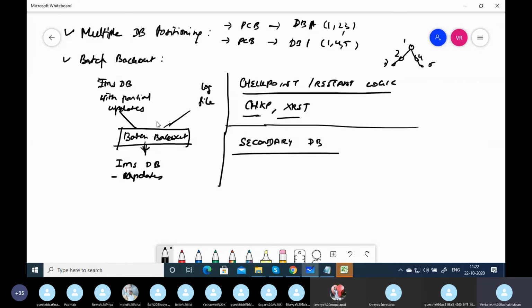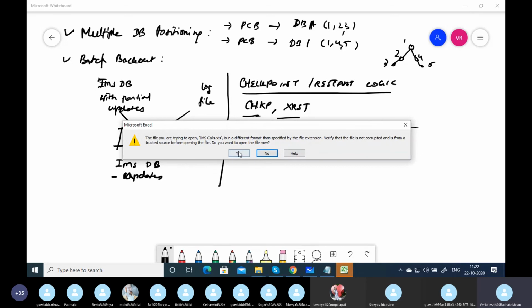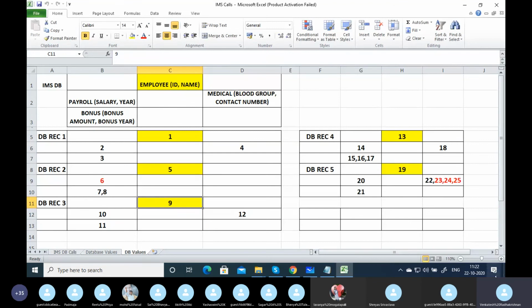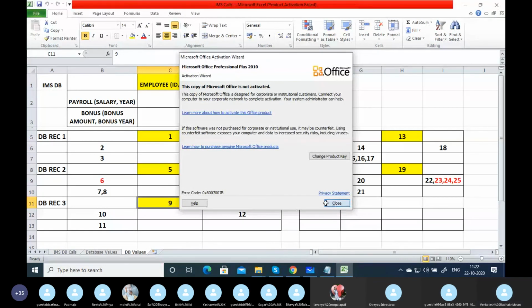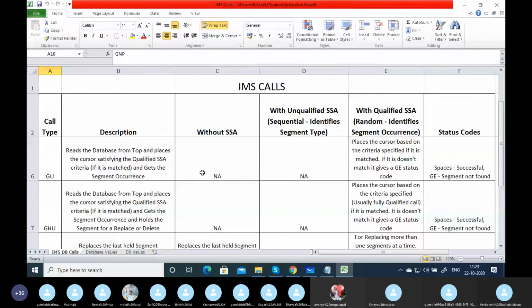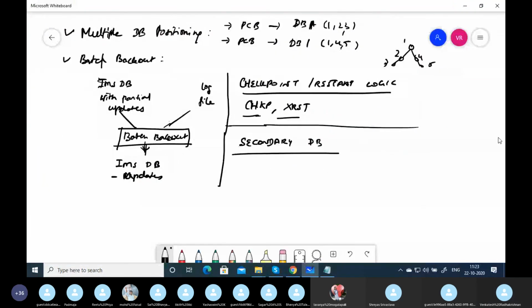We have still more advanced concepts, what is called logical database, which is very tough, and it's out of scope. Logical database may not be there because many people don't know how to use it. That is the reason we can combine the databases and create a new database. That's called logical database. There's also something called logical relationship. If someone asks what is a logical relationship, they themselves may not know properly. But mostly they will not ask because many people don't know.